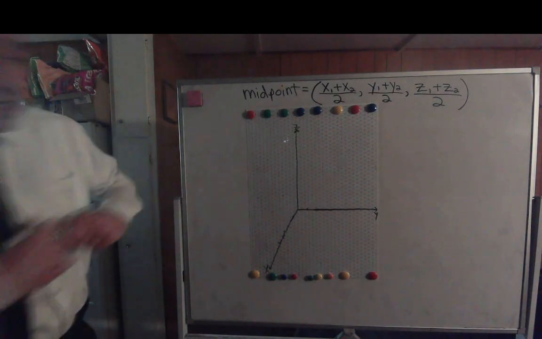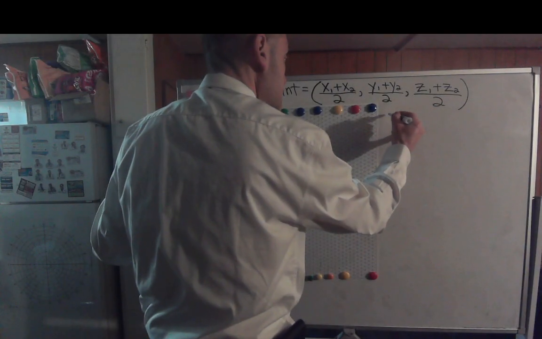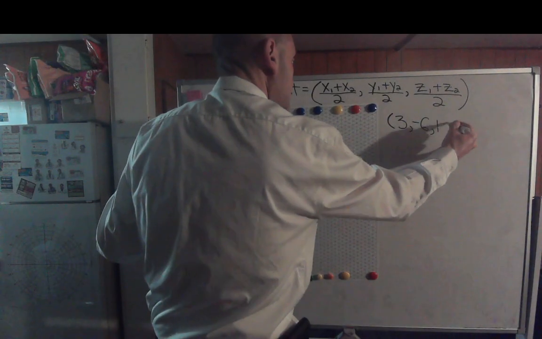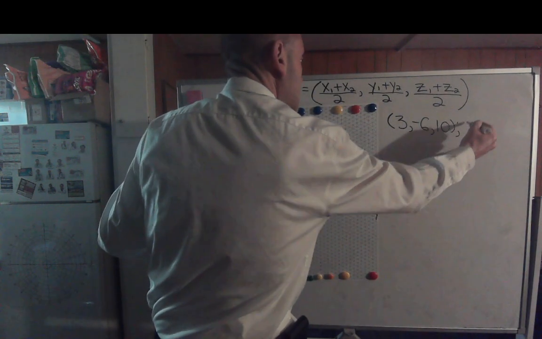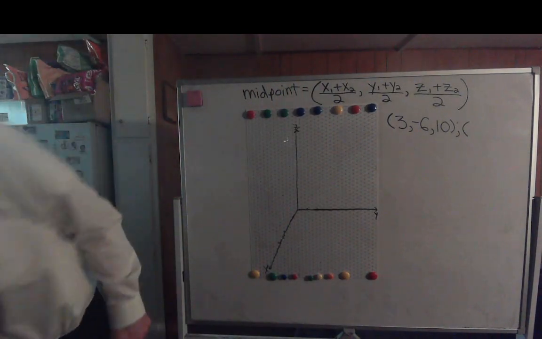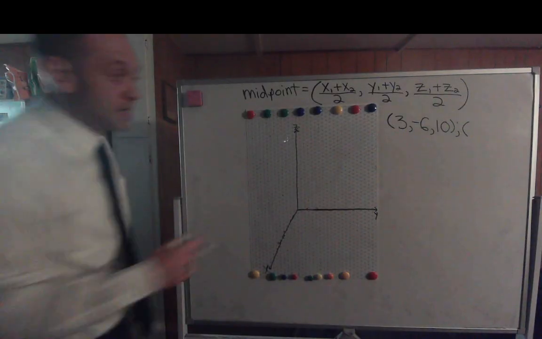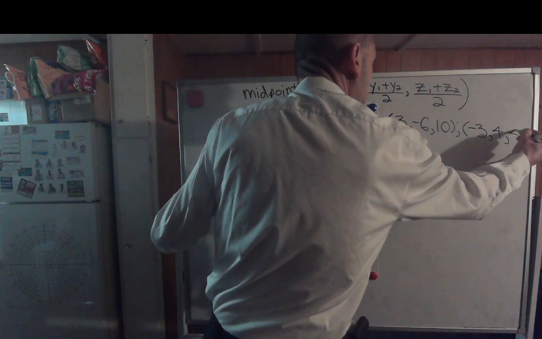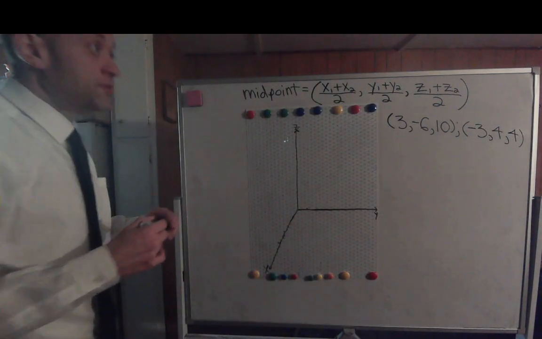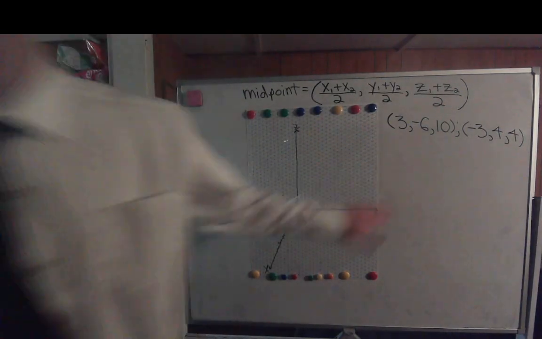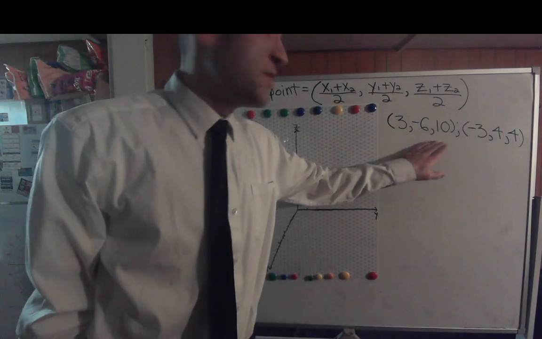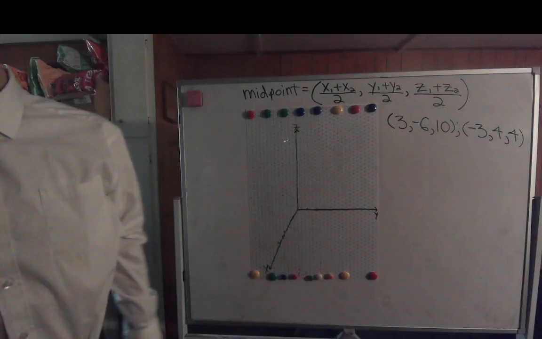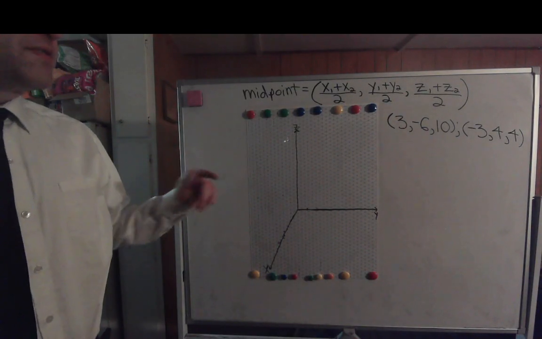So let's say we are given the points 3, negative 6, 10, and then we're also given negative 3, 4, 4. So we have two ordered triples: 3, negative 6, 10, and negative 3, 4, 4. Well, we can easily find the midpoint, but let me